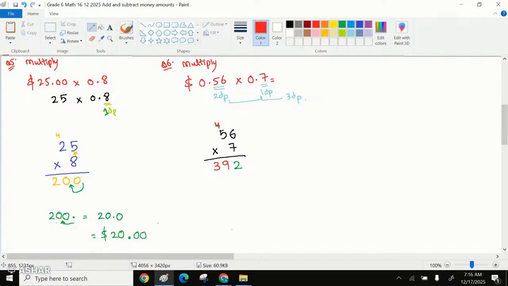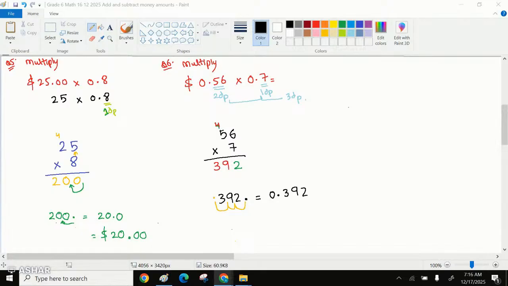Okay, so now what we need to do is move 3 decimal places towards the left. So this was 392 and the decimal position. So we start moving the decimal. 1 position, 2 position, and 3rd position. The decimal should come over here. That means our answer should become 0.392. And since the question is in dollars, we always give our answer in 2 decimal places because